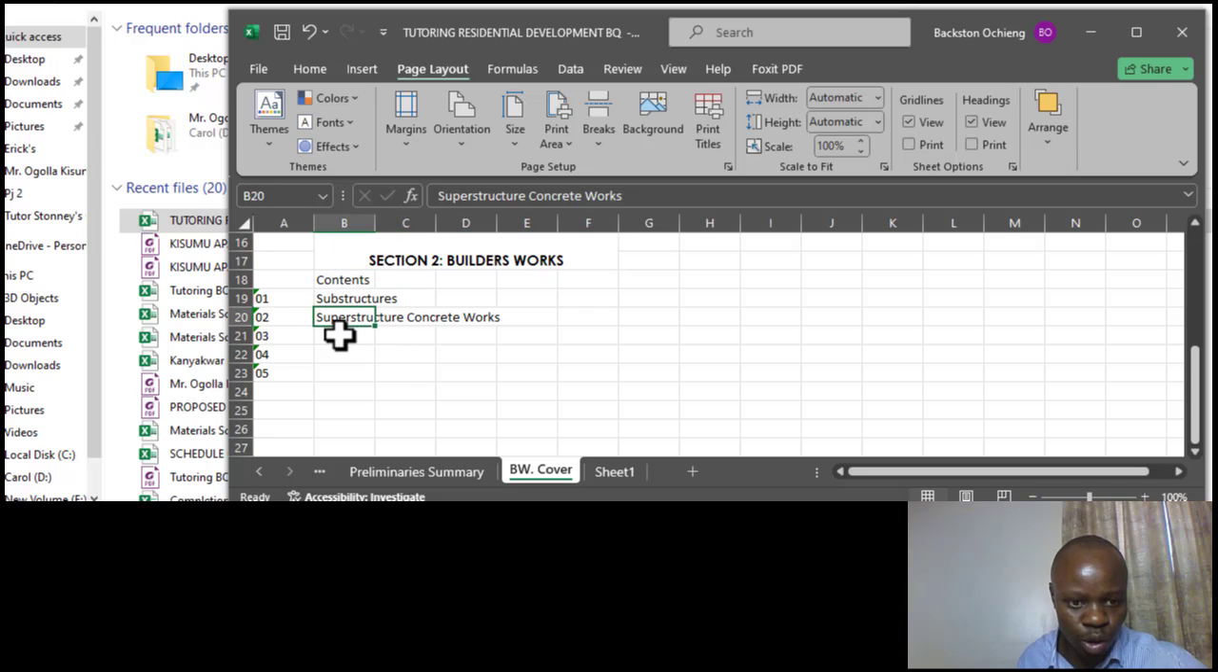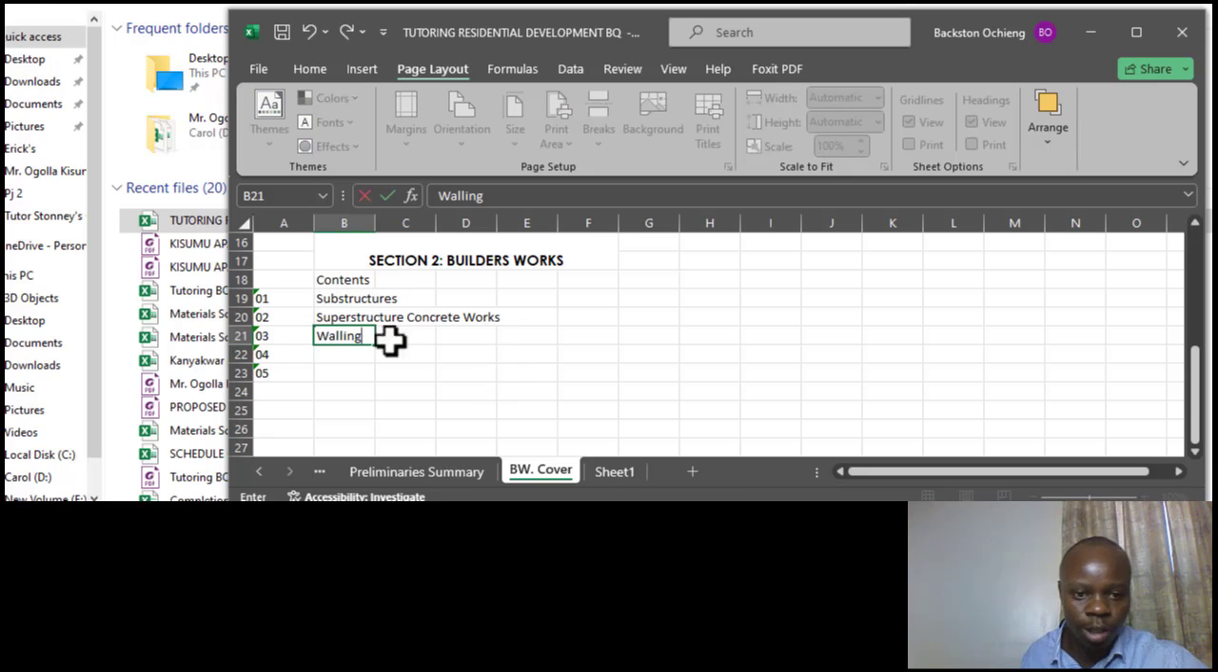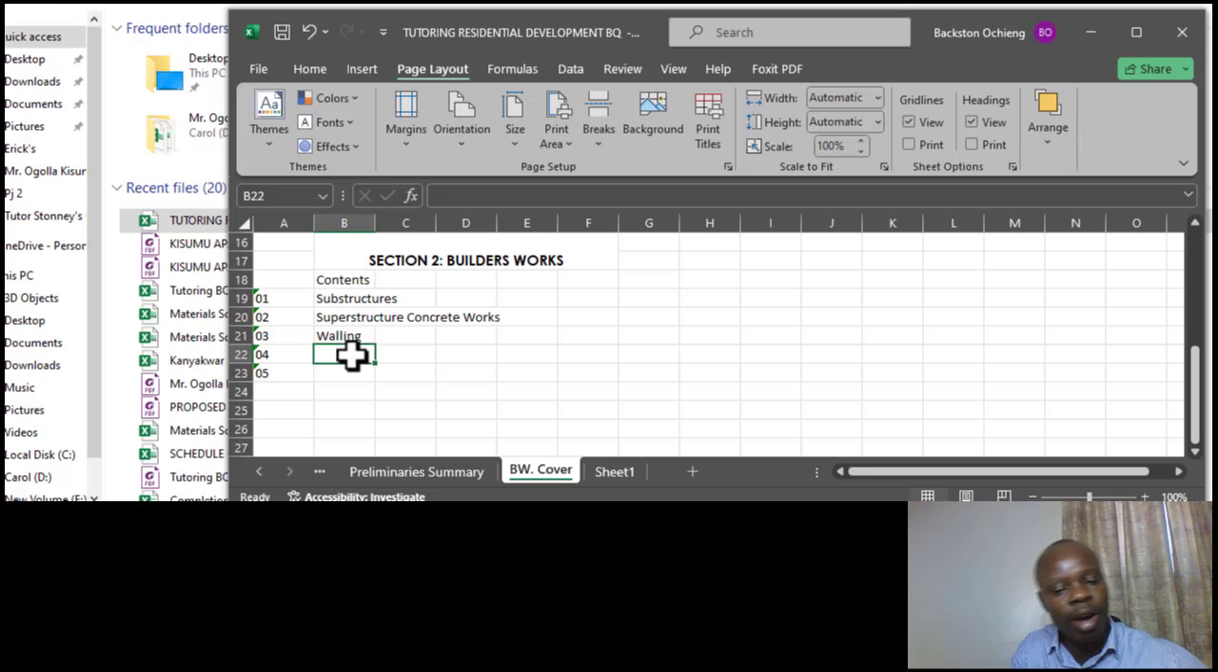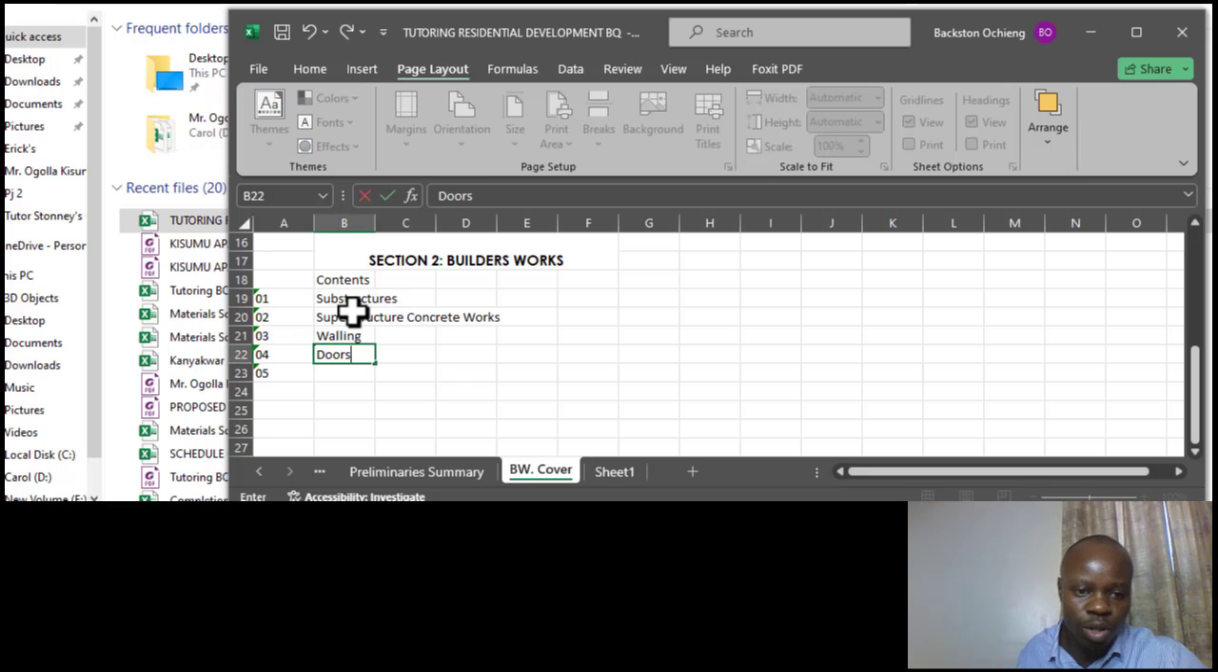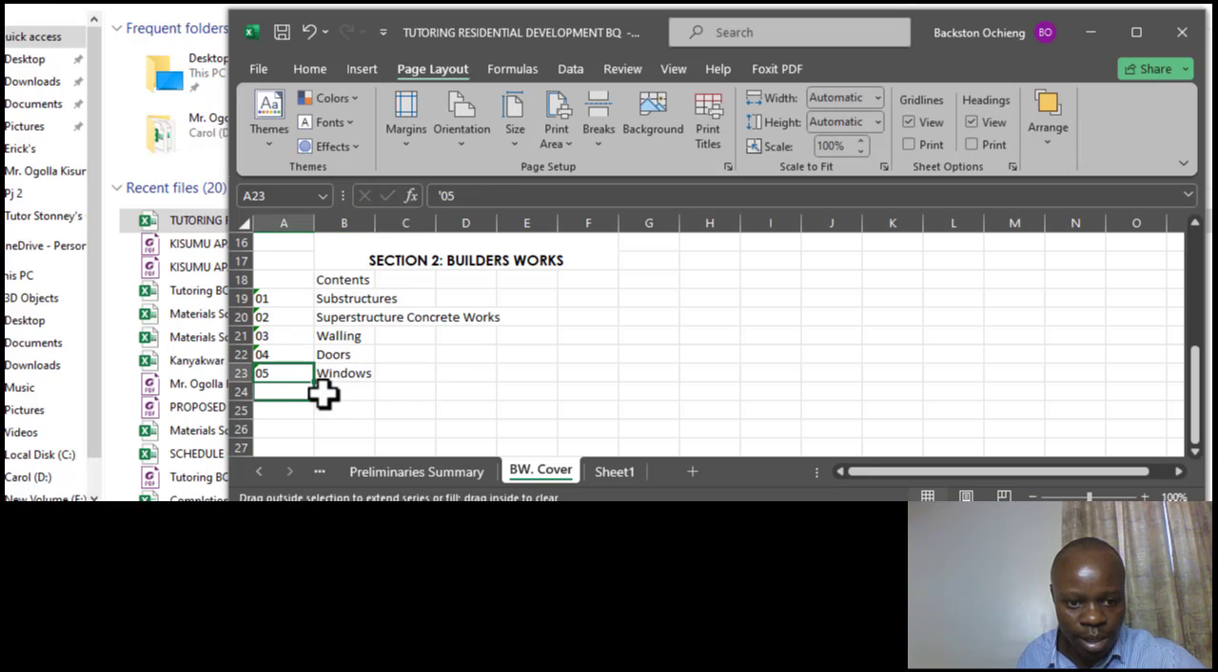So these are the items that we are going to be covering at the builders work. That is section 2. Then number 3, you will have walling. After the walling, you can either have doors or windows, depending on how you want to cover that. So let's talk about doors. Then we will see about windows. And then at number 6,